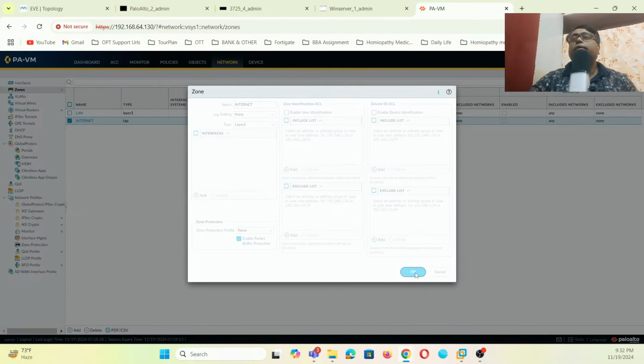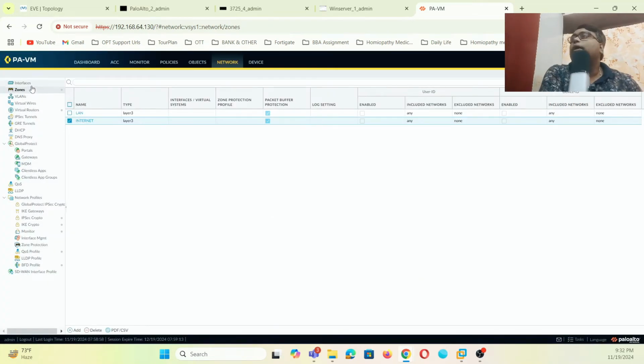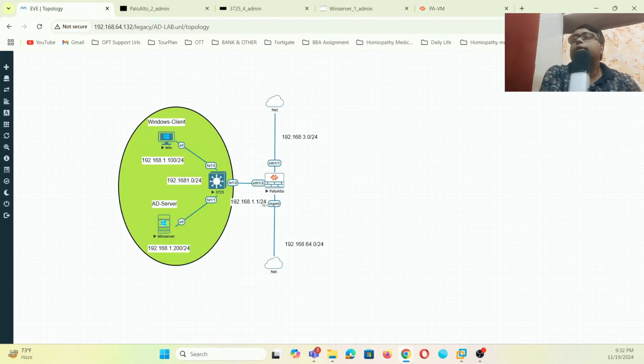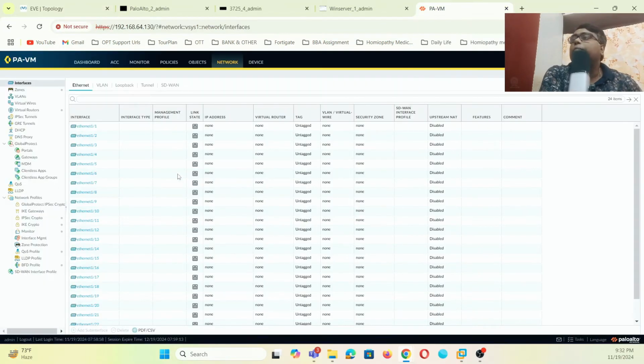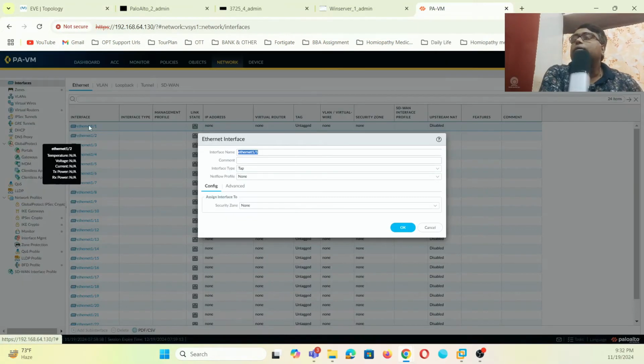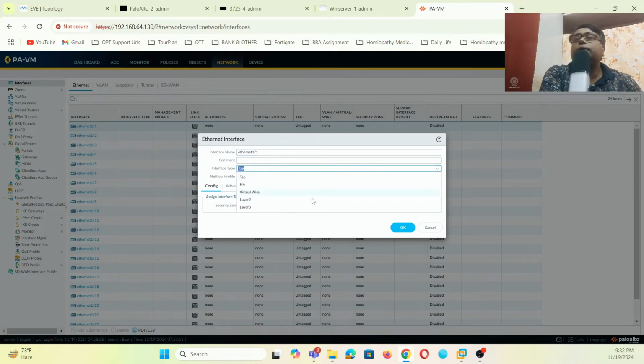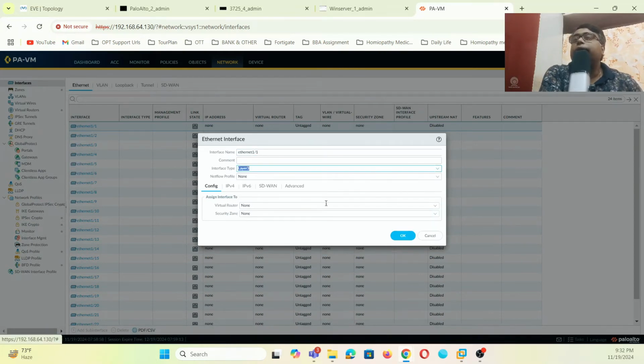You can change it, and then now go to the interface. As you can see, our interface 1/2 is for the LAN and 1/1 is for the internet. So let's go back to this Palo Alto, change this to L3, and then go to this virtual router,